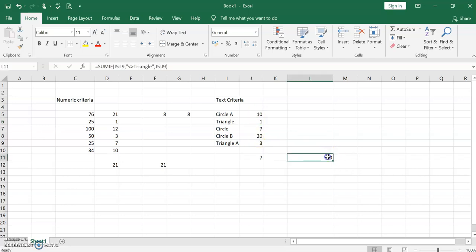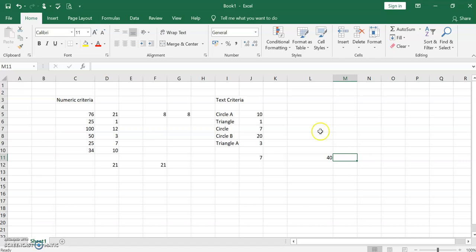So what is the formula for this? It takes the range which you are choosing, and you have given the condition. So the condition here is, I don't want any cells that contain that triangle. And the next one, I'm just going to find out.